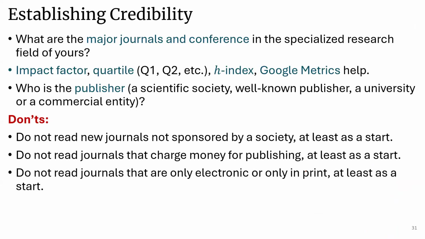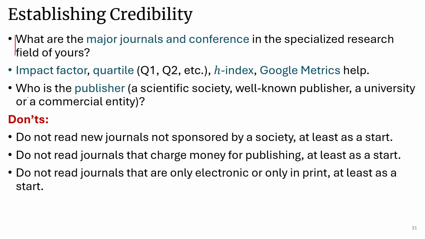Then let's look at how to find credible research papers. This is so important. First of all, what are the good journals and conferences? So, what are the major journals and conferences specialized in research in your field? Knowing this is extremely important because there are so many journals and conferences with varying names and varying quality. So, as starting researchers, you must read only papers that are correct and authentic. Otherwise, there's a chance for you to be totally misguided in your area of research.